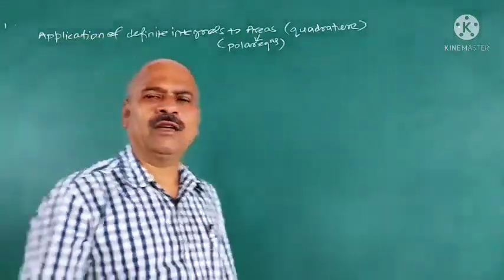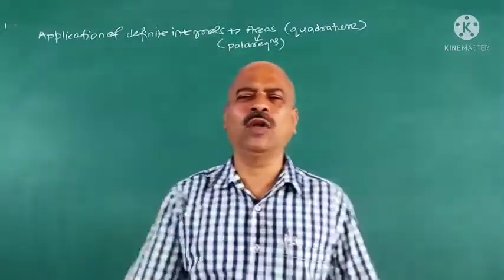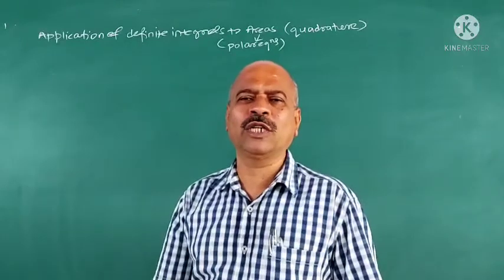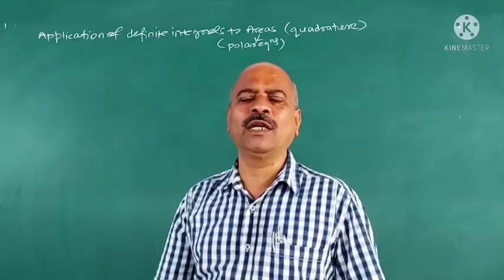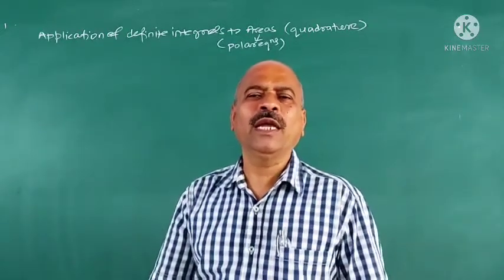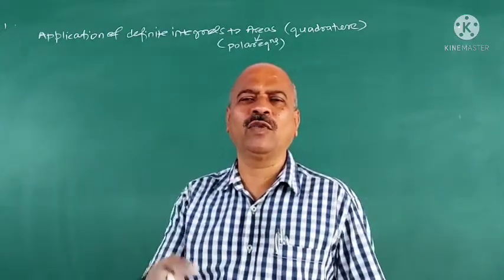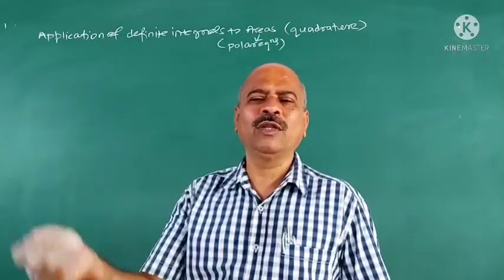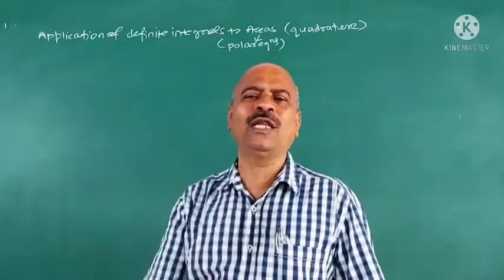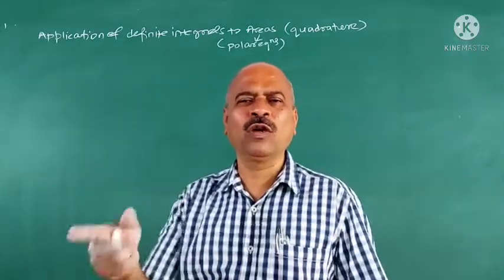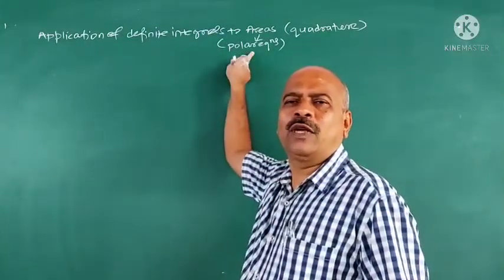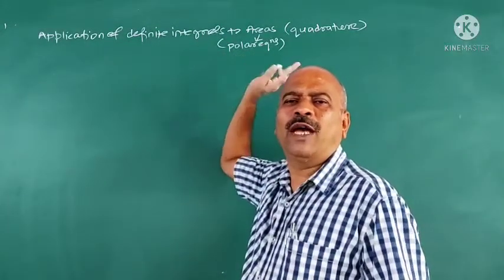First thing is I derive the formula here, because Cartesian form you have already studied in your lower classes, that is in PUC you have studied application of definite integrals to find the area. Definite integral a to b f(x) dx represents area bounded by the curve, that you have applied to find the area of the circle, ellipse, area of the parabola, that means area bounded by the parabola and its latus rectum, or parabola and the line, that you already used.